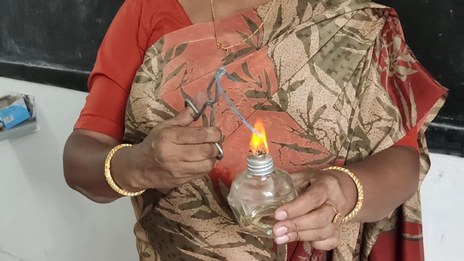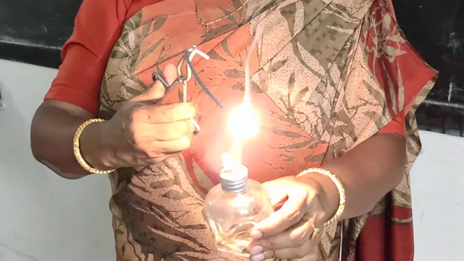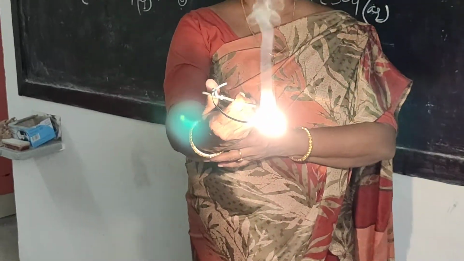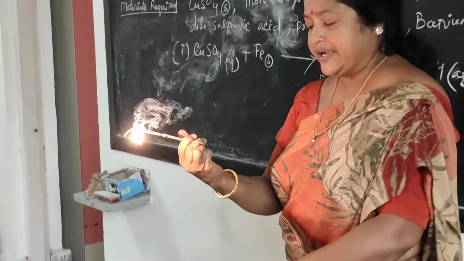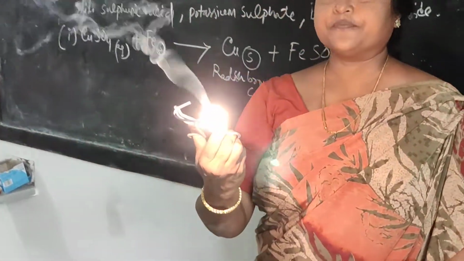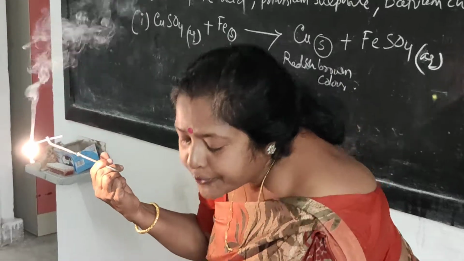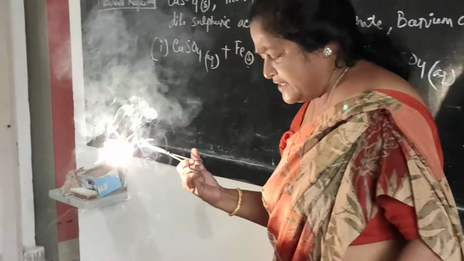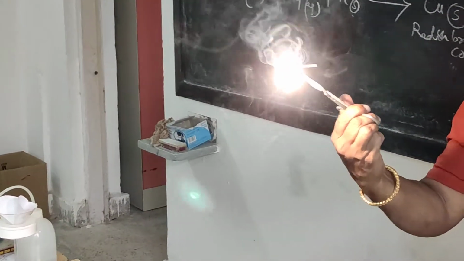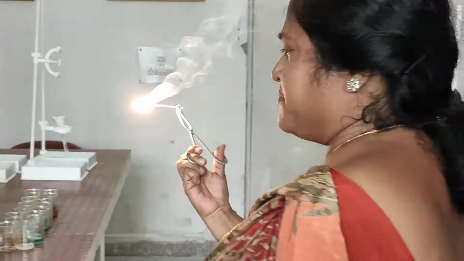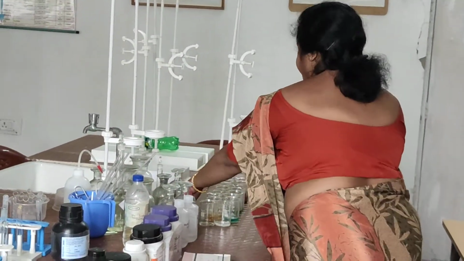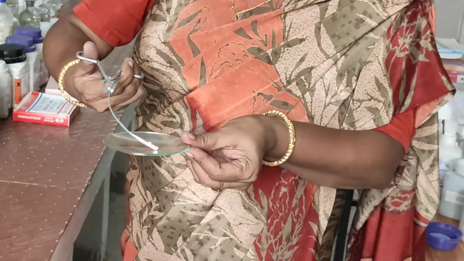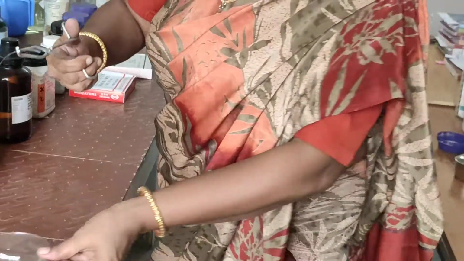We will get a change, I think. I am hopeful that I will be able to show. You see students, the magnesium ribbon started burning on its own. Bright dazzling magnesium ribbon is burning. Okay? Bright dazzling magnesium ribbon is burning. And students, I am collecting this burnt magnesium ribbon in a watch glass. You see, I have just collected it here.